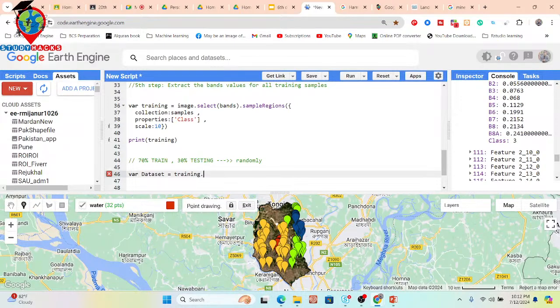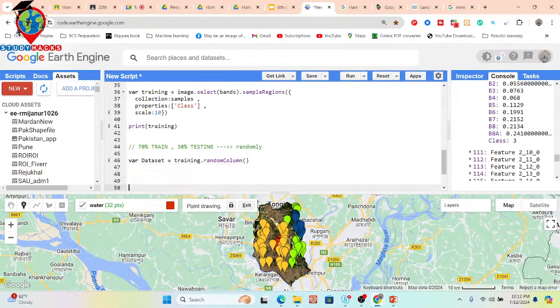And I put here random column. Basically this random column function randomly distributes this data and stores it in this variable, data set. Then further, from this data set I filter 70% of the data and 30% of the data, for train and test purposes. To do this, just take a variable. Suppose I put the variable name as train set, and I call the data set